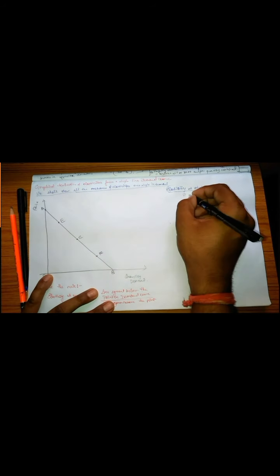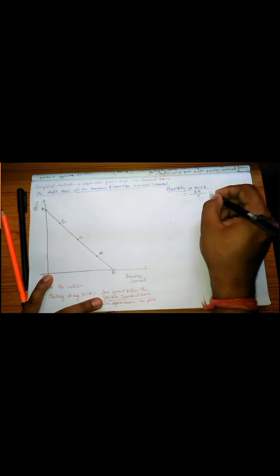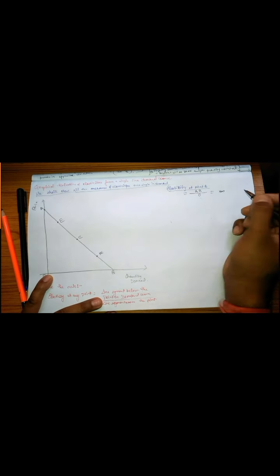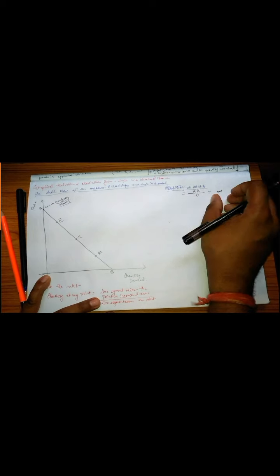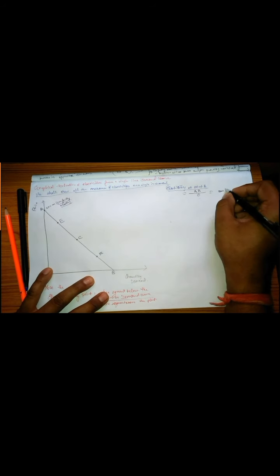Beginning with y-intercept A. Elasticity at point A means the line segment below the point on the demand curve, that is AB, by 0, which is equal to infinity because any number divided by 0 is infinite. So the EP here is infinite and it is denoted by perfectly elastic demand. It means consumers can take all that they get at price OA, but none at a slightly higher price.